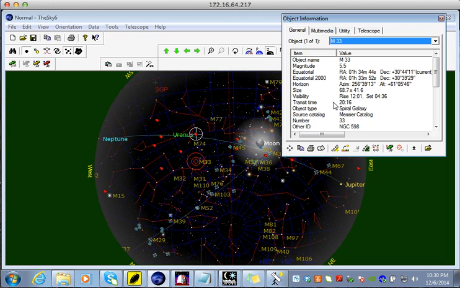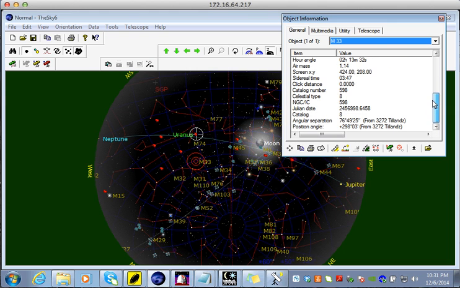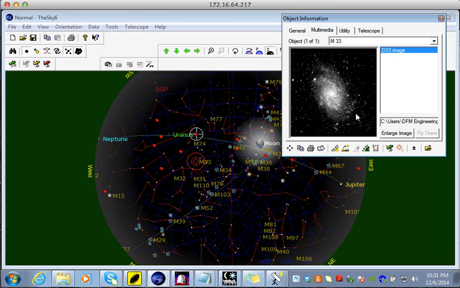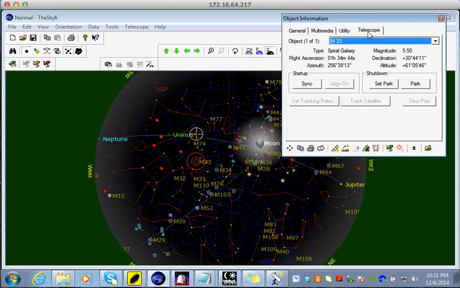There are some other bits of information that tend to be useful. When the object rises and sets is a good thing to know. The transit time is when it crosses the meridian or is at its highest point in the sky. This tells you that it's a spiral galaxy. It's in the Messier catalog, and there's a bunch of other information down here as well. If you go to multimedia, sometimes it'll show you a picture of the object, and that can be a nice thing. And then the last thing is, if you click over here on the telescope tab,